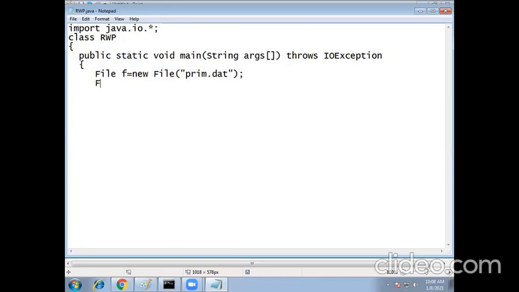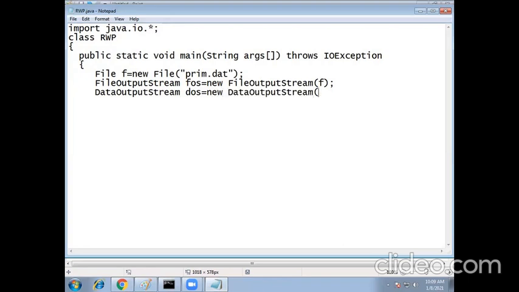Next, create a FileOutputStream: FOS equal to new FileOutputStream of this file object, F. And then DataOutputStream DOS equal to new DataOutputStream of this file output stream object, as I discussed earlier.